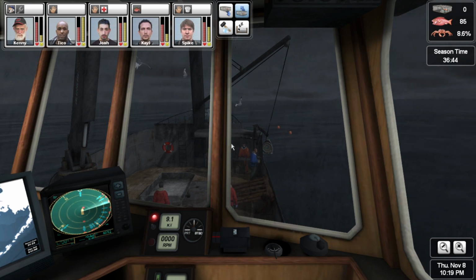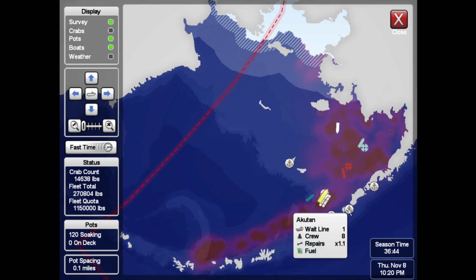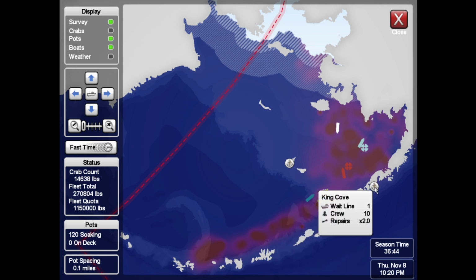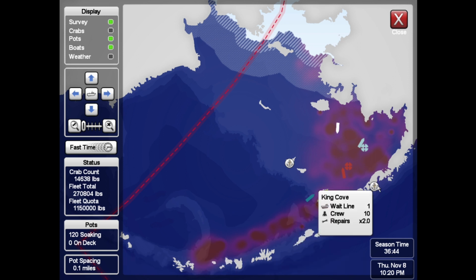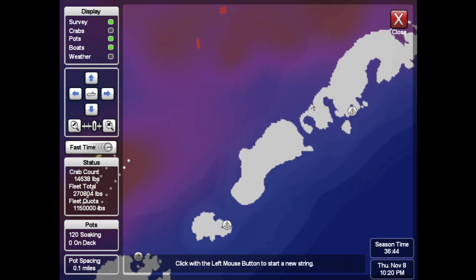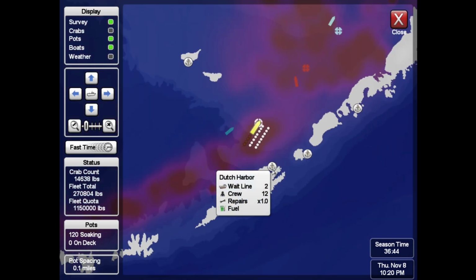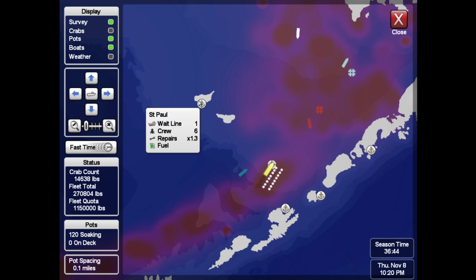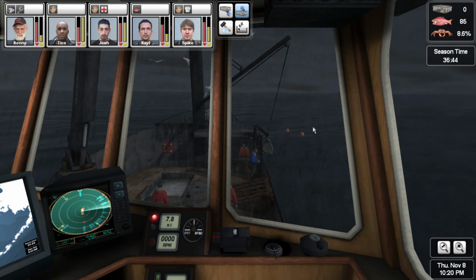So I'm pretty sure there is other competition in the area. If we go down to Dutch Harbour, there's still a line waiting: 12 crew, one waiting in line 8 crew, 1 and 10 crew, 1 and 6 crew. We can get fuel. We can't get fuel from King Cove. I don't know why you'd want to go in there anyway. Akutan, Dutch Harbour, and St. Paul would be the only places I would go to. But anyway,